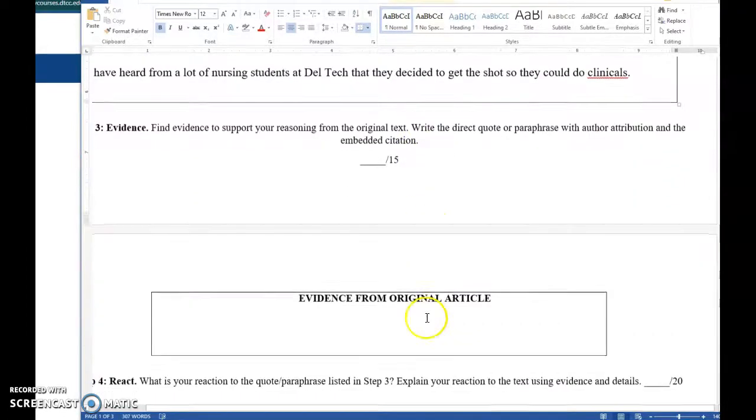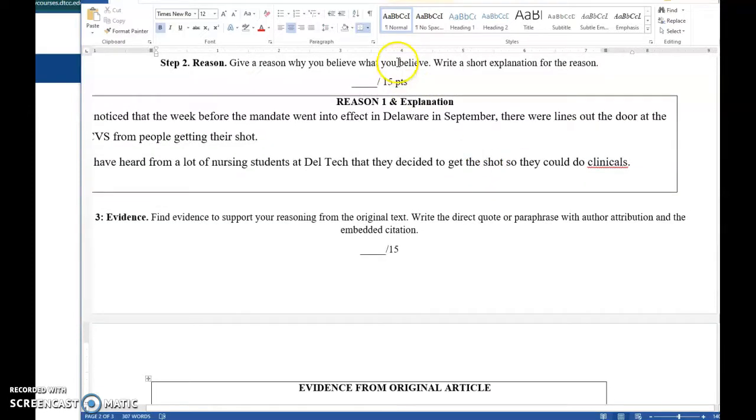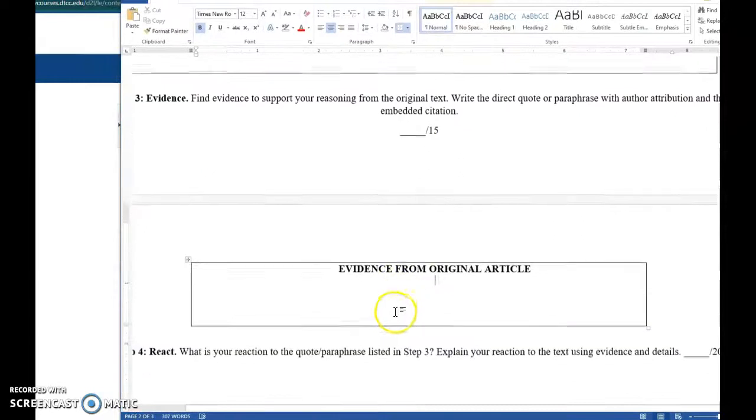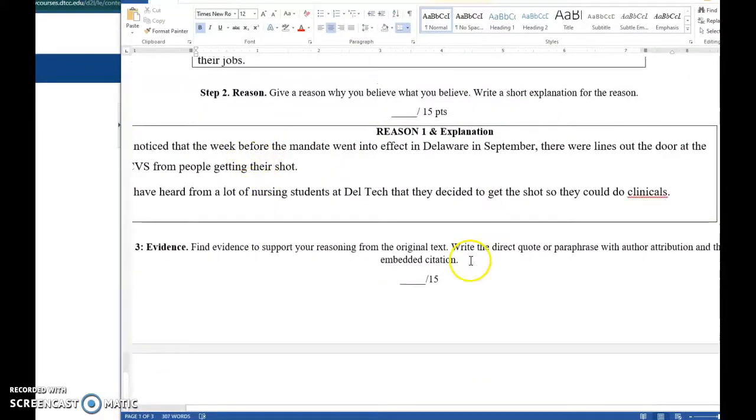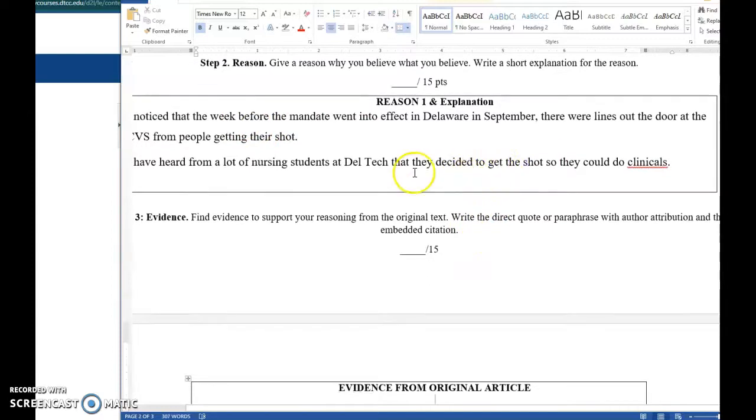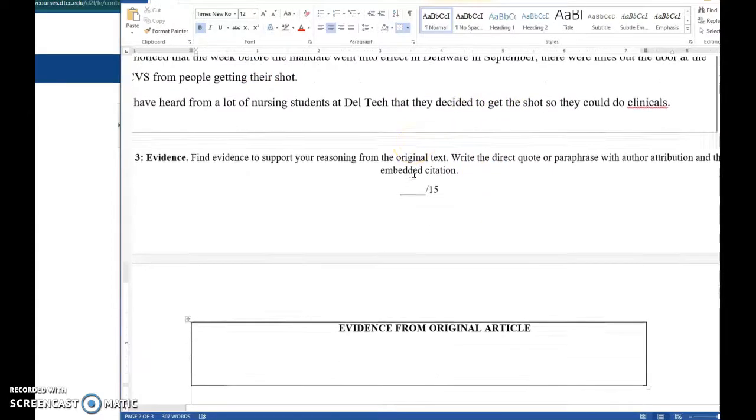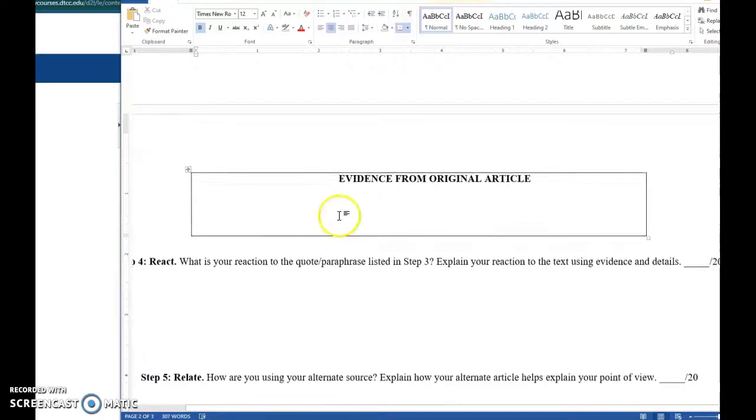Then it asks for evidence from the original article. So I'll connect it. Maybe I'll include a quote from my original article. In my original article, I think it talked a little bit about how I noticed that the week before the mandate went into effect in Delaware in September, there were lines out the door at the CVS for people getting their shot. A lot of nursing students at Deltec decided to get the shot so they could do clinicals. So maybe here I will include